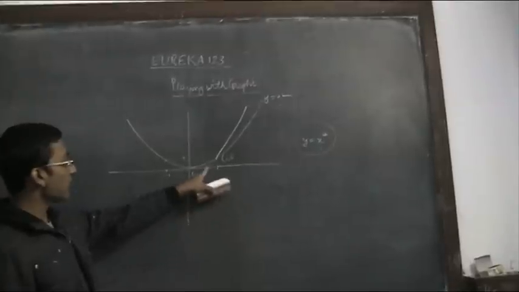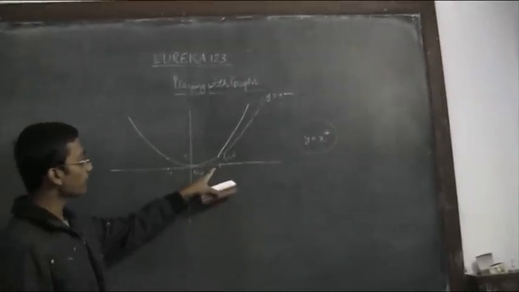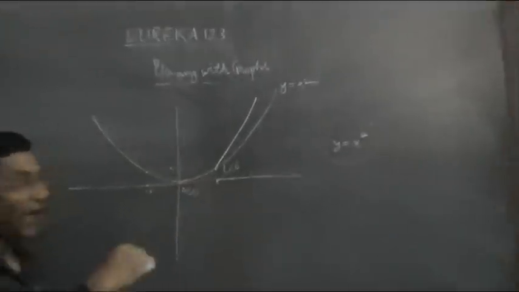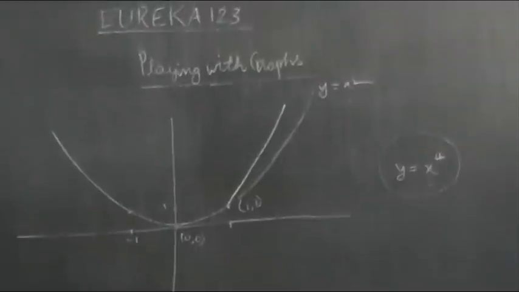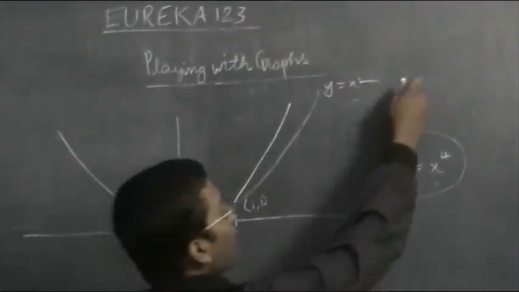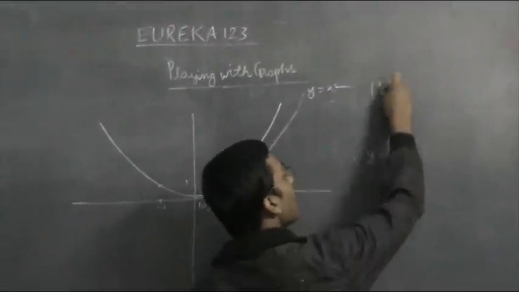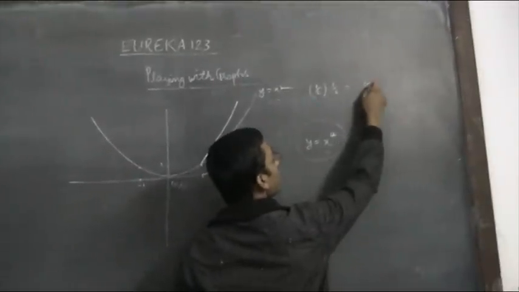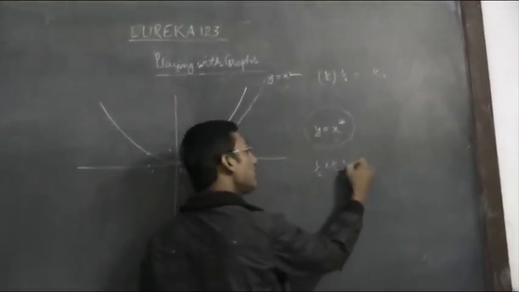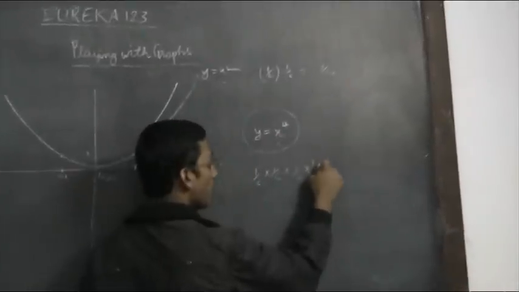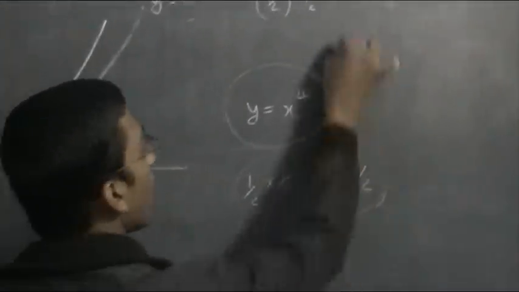Now what will be the shape of the graph between 0 and 1? Now between 0 and 1 we have a fraction. And we know that a fraction multiplied by a fraction becomes smaller. So suppose you have a fraction like half. If it is multiplied by half again, it becomes 1 by 4. Now if you have half multiplied by half, then again multiplied by a fraction, again multiplied by a fraction, it will clearly become smaller than this.